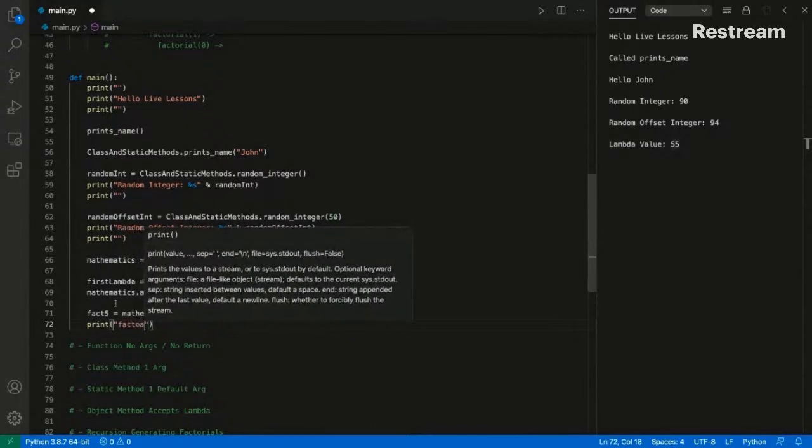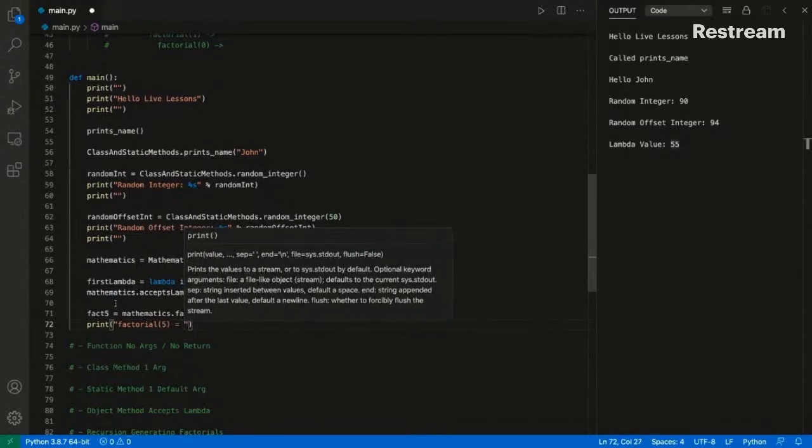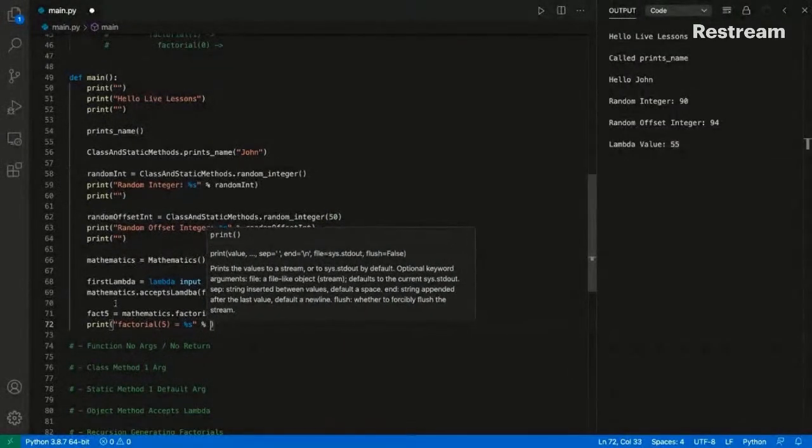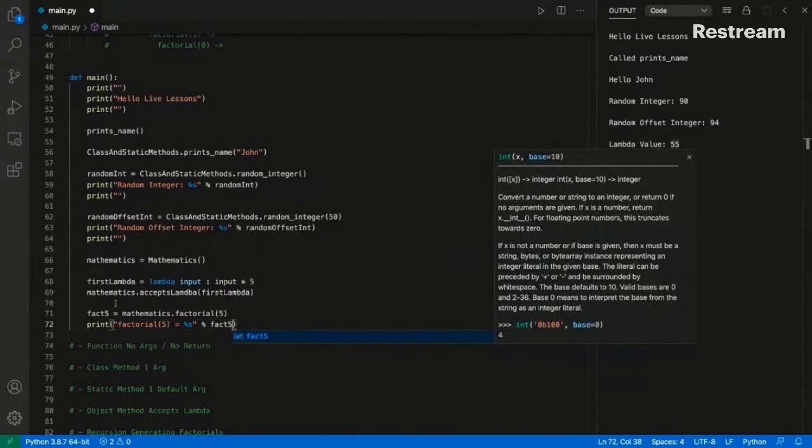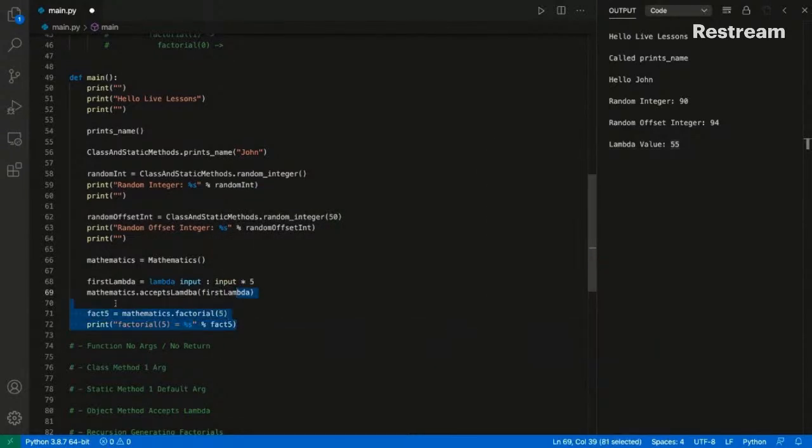And we're going to say factorial 5 equals, and then we're going to say percent s for interpolation, and percent and the fact 5. All right, and I need to print